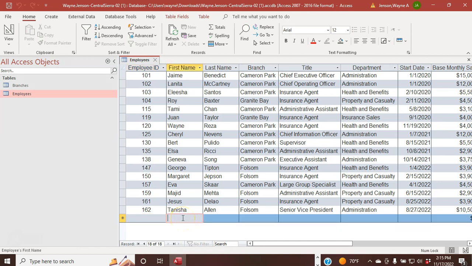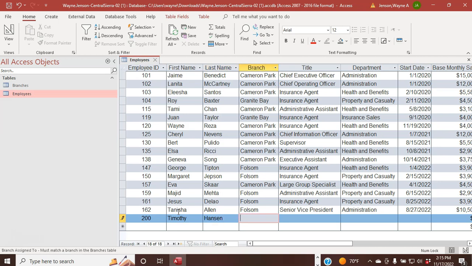Oh, so the employee ID is 200, so we're going to put 200 in this first field, and then tab over, and Timothy is the first name, and Hansen is the second, again a fictitious name, and then it's Cameron Park, and tab over, and it's insurance agent,